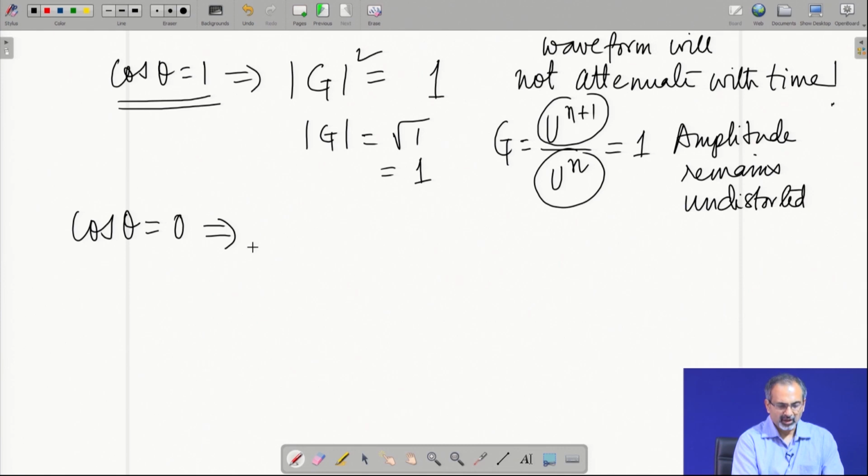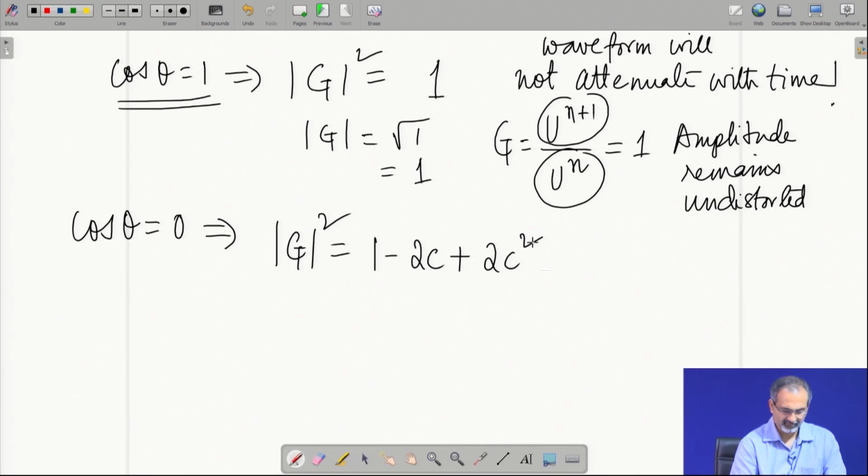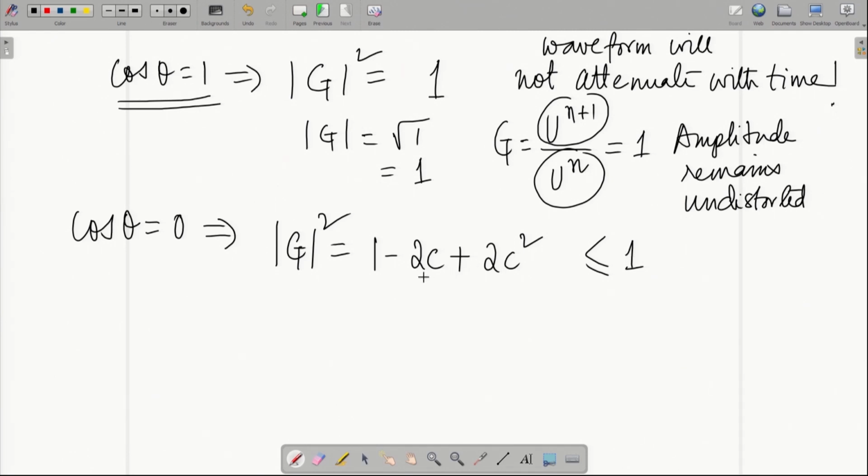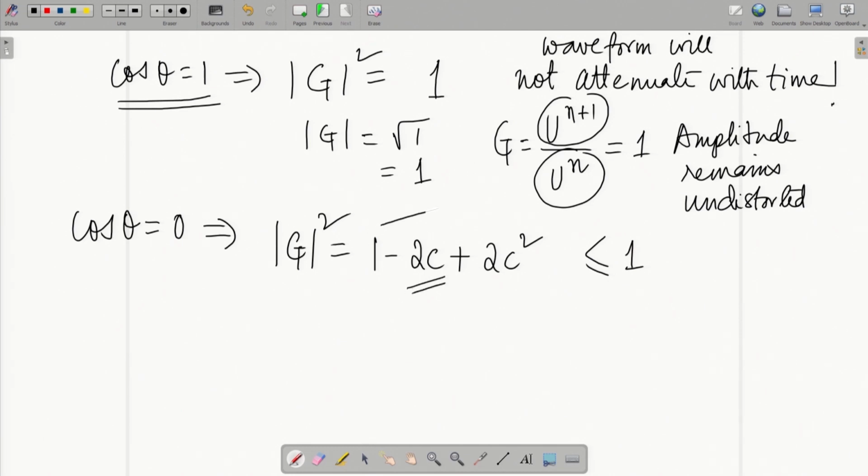So, let us try out other values of theta, say when cos theta is equal to 0. You will have an expression looking like this, which means it gives you a non-zero amplification factor. And if the scheme needs to be stable, then of course, this needs to be less than 1. So, we are not sure at this point whether it will actually satisfy that condition at all or not. Now, it may satisfy it because you have positive contributions from these two terms, while a negative contribution from here, and therefore, if they just balance each other incidentally, then we might be able to satisfy this condition under certain